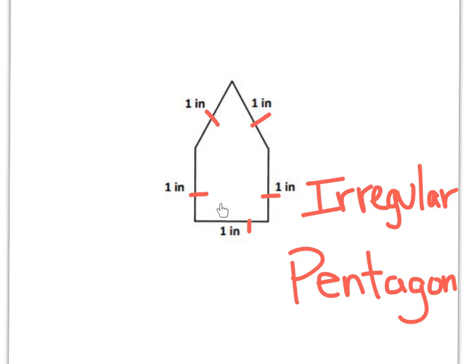I have 2 90-degree angles, so I could even make that square in the corner to show this is 90 degrees and that's 90 degrees. But when I look at my angles above, this is not a 90-degree angle, and this is not a 90-degree angle, and this is not a 90-degree angle. So even though my side lengths are all 1 inch, my angles are not the same degrees,